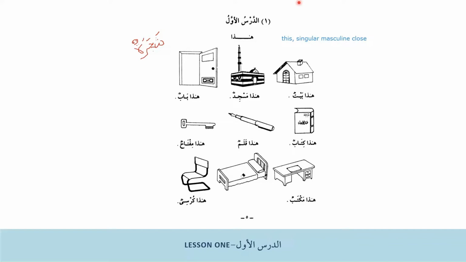Okay, agree or disagree? Oh yeah, sorry, agree. I do apologize. So هذا سرير is the answer. This is a bed. Okay. Now